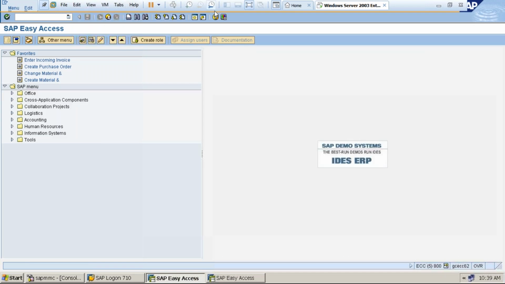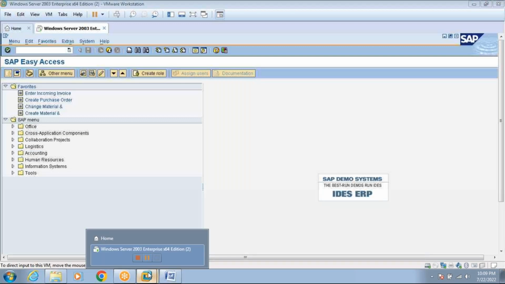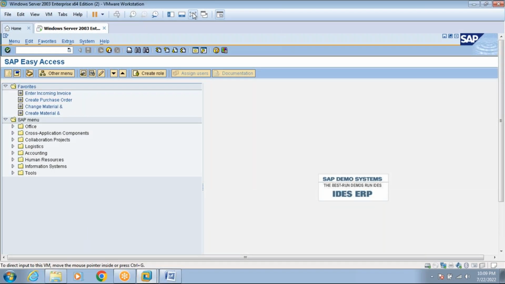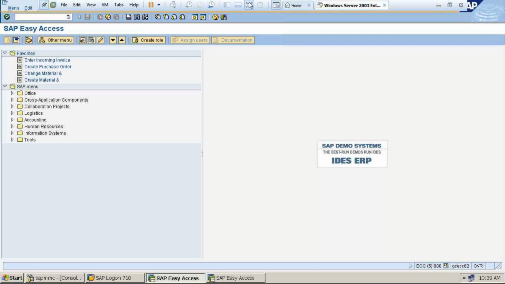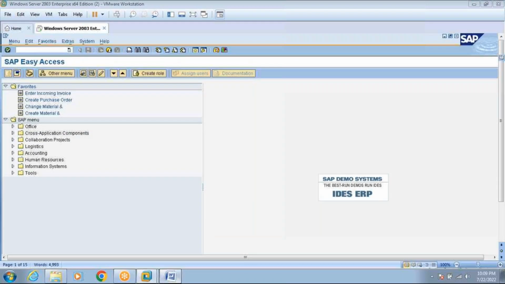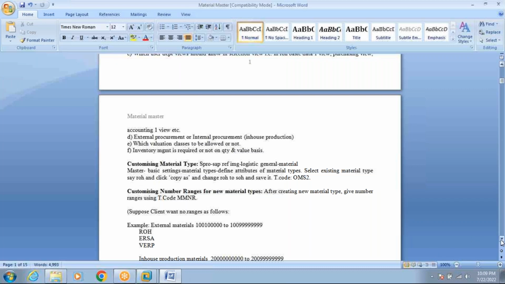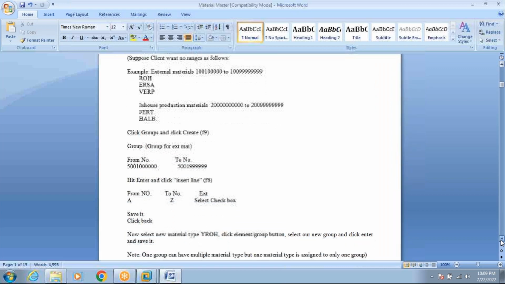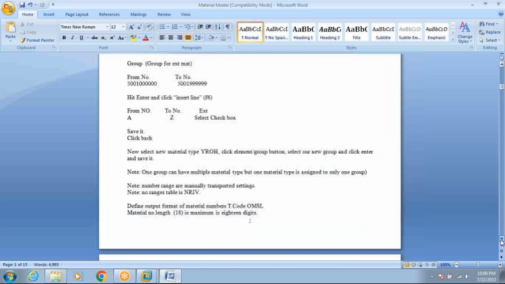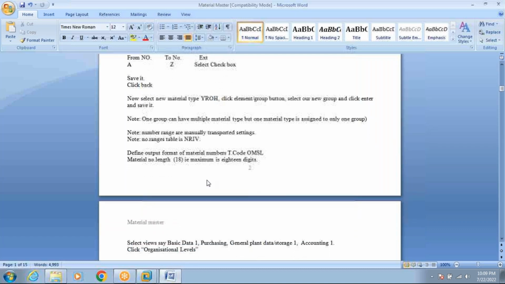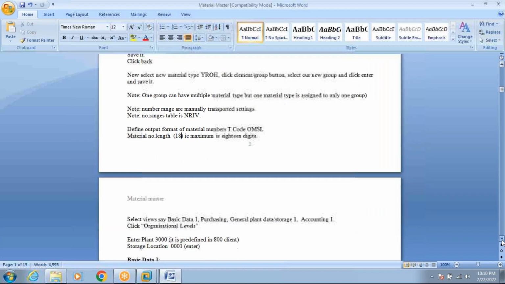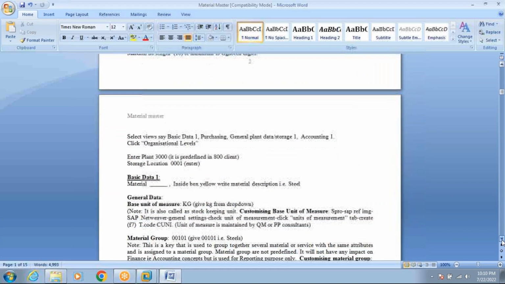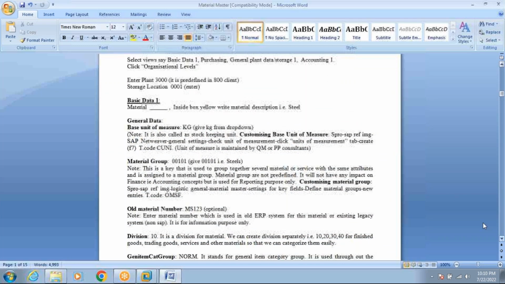So this we have seen, and how to configure industry sector we learned, and how to configure the material type, and what the material type controls. Material type controls number ranges and field selection. This also we learned. Number ranges, how to configure with MM1R, that also we have seen. That's all. The maximum material length is 18, as I told you just now. So we'll continue tomorrow. We will see from basic data.